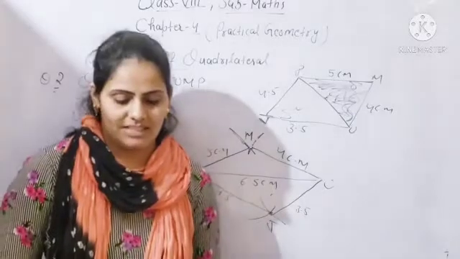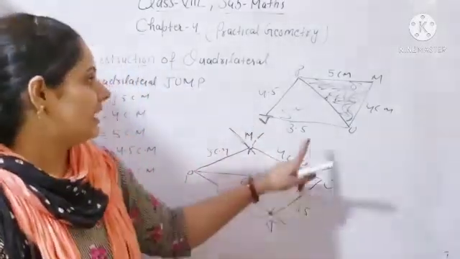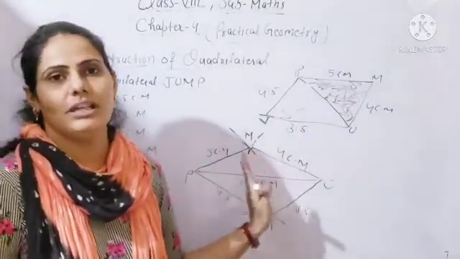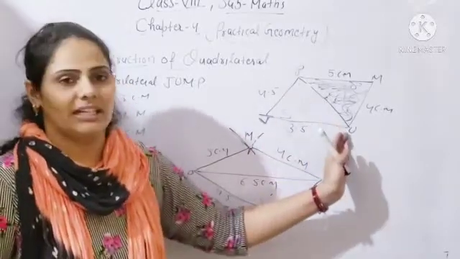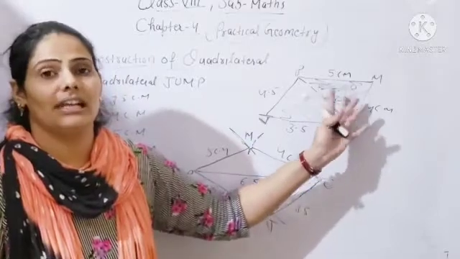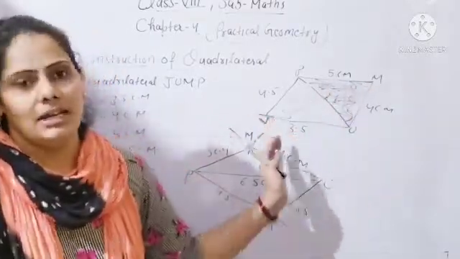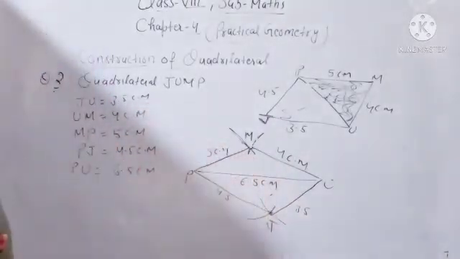So what you have to do, beta, first step, you will draw the rough quadrilateral. With the help of this rough quadrilateral, you will draw the original, required quadrilateral. First you have to draw the diagonal. After that, the upper two triangles are there, you can see. After that, the upper parts and the lower parts you can draw in this required quadrilateral. Clear, all of you? After that, next question.